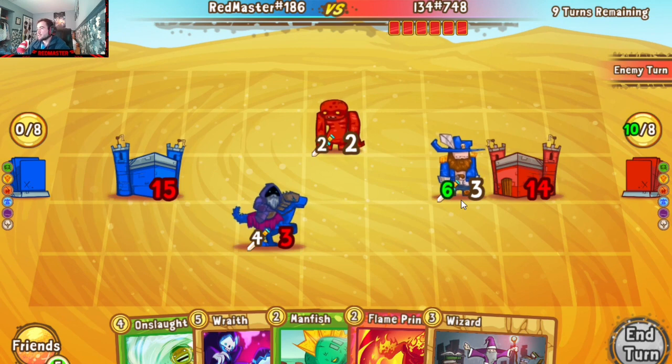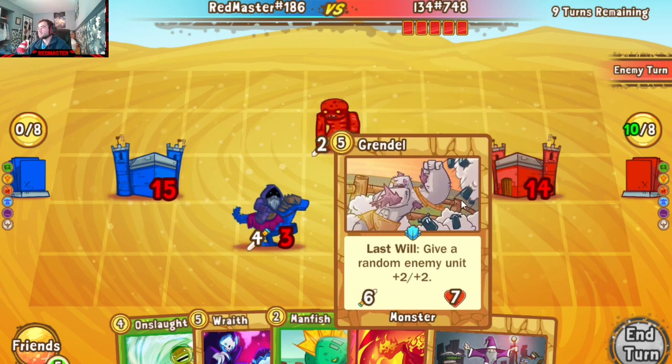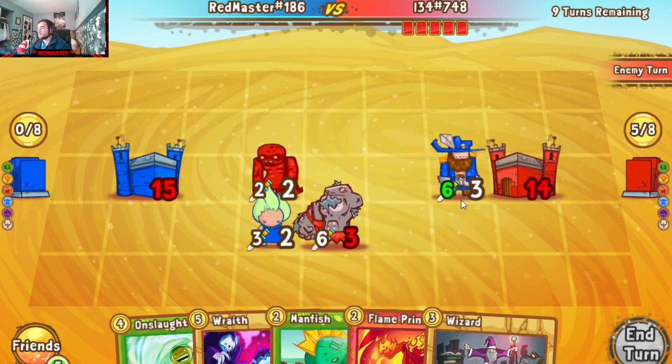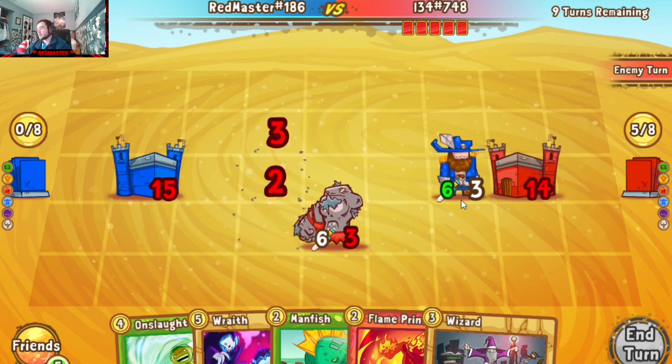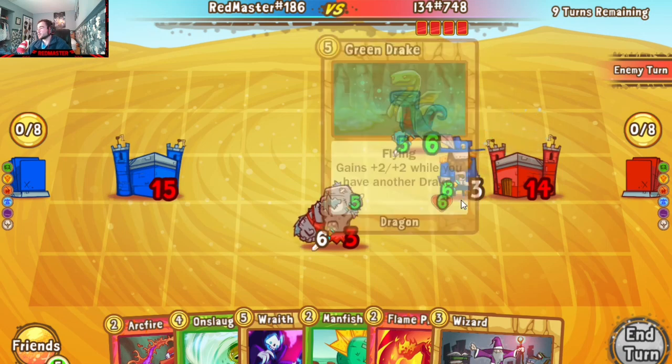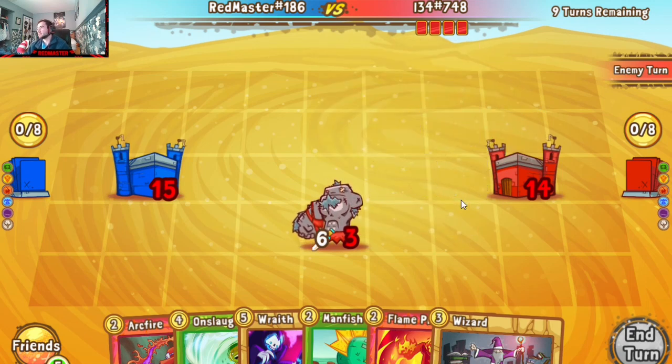Again, Green Drake is in the deck, or in the hand at least, so we know that's going to have to come out sooner or later. I'm trying to save as much resources as I can for it, though. Problem is, we really just don't know what people have in their decks. Oh, Grendel, okay, and connects to the Mordok, yep, that's what you want to do. And Banshee, an unfortunate pull for us, but... And then there's the Green Drake, yep, so Green Drake has to connect, boom, alright,